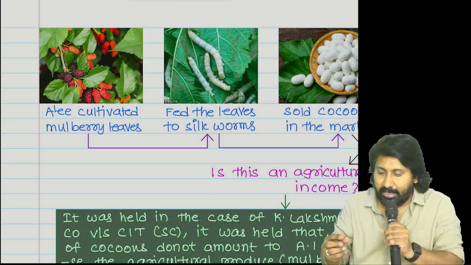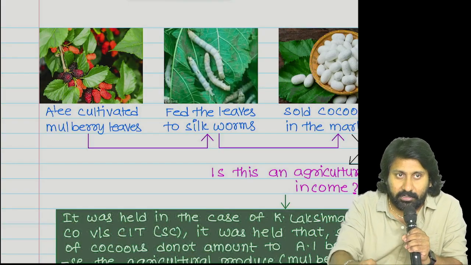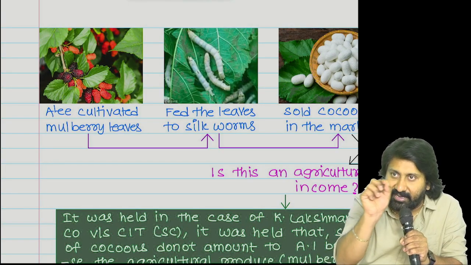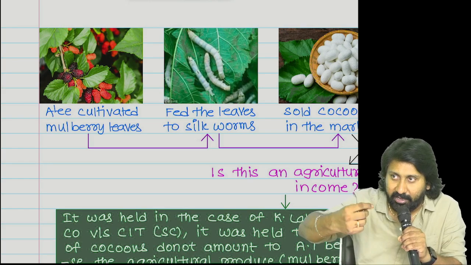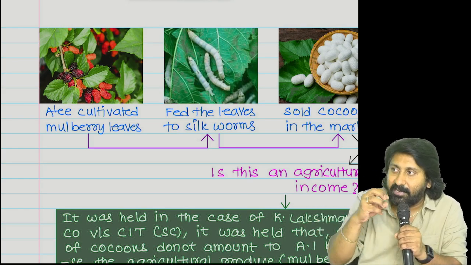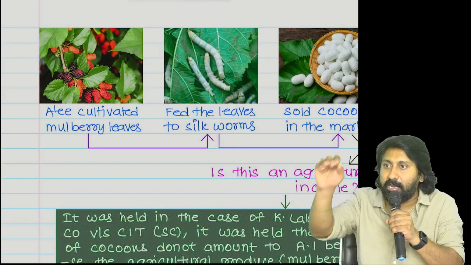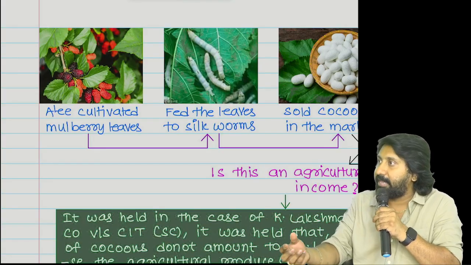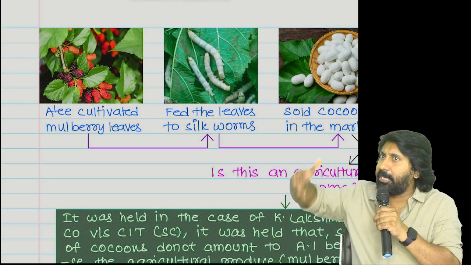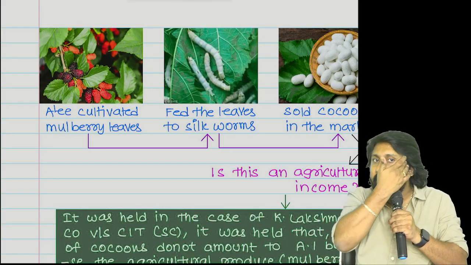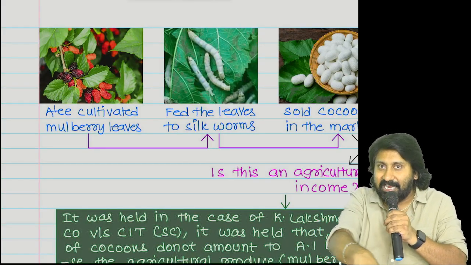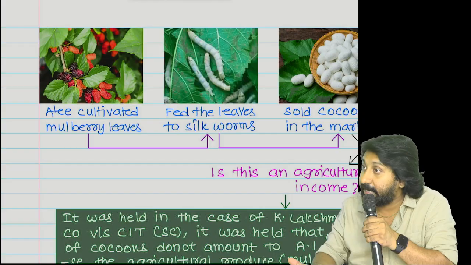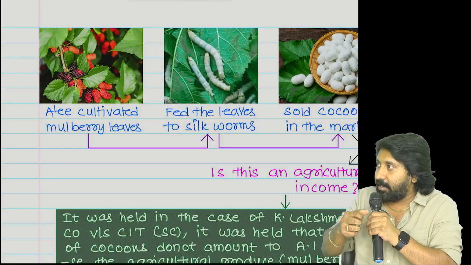Understood or not? That's why, after eating the mulberry leaves, these worms excrete a thin line of thread attached to their body. In order to loosen that, they will put all these worms in boiling water. Oil will boil, na? Like that, water also will boil. At high temperatures, they will boil the water. In that boiling water, these silkworms will be thrown. Automatically they will die. Once they die, it will loosen the thread.